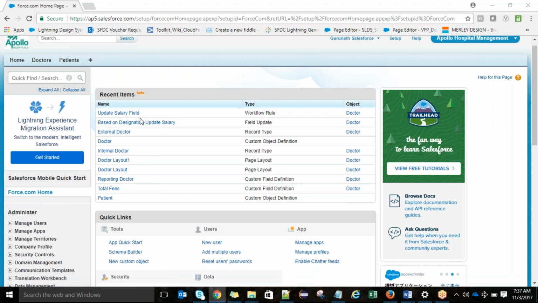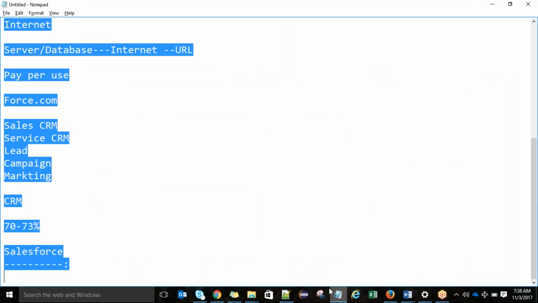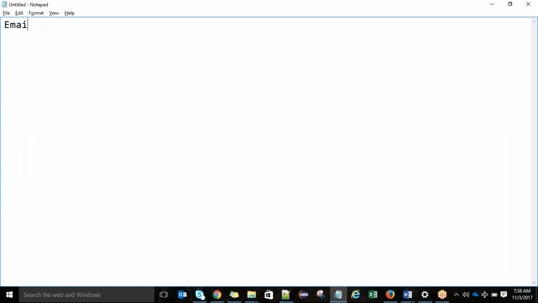So we have seen how to work with the workflow feeder. Now we are going to work with the email templates. Now, basically,